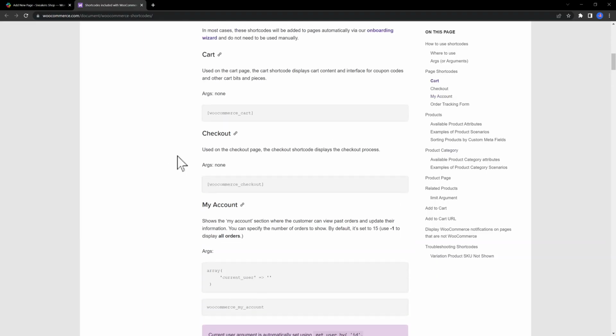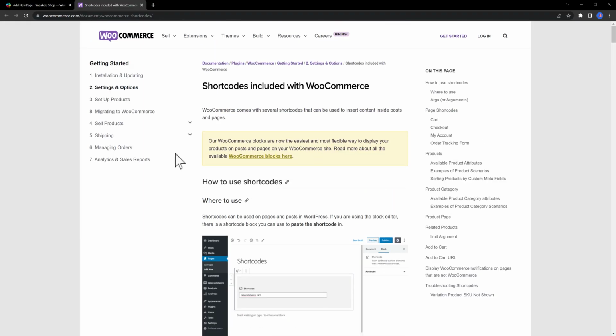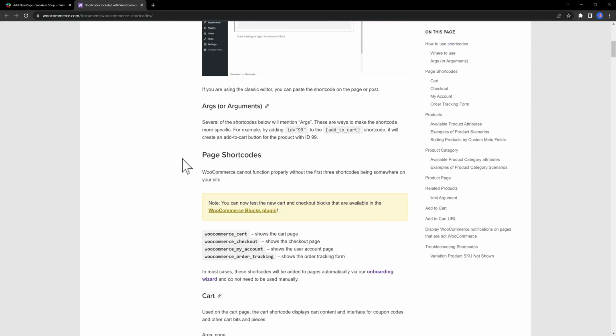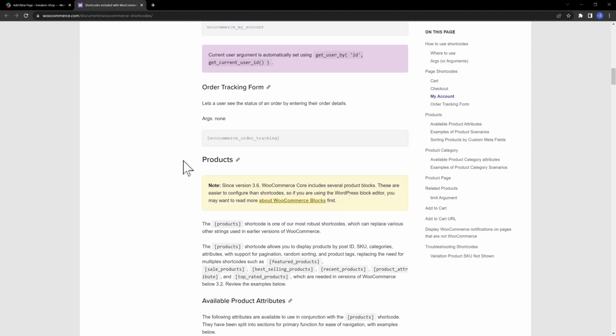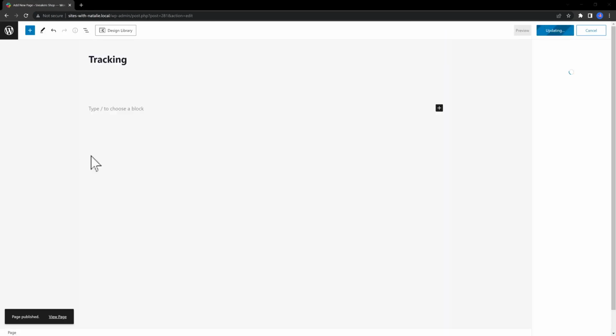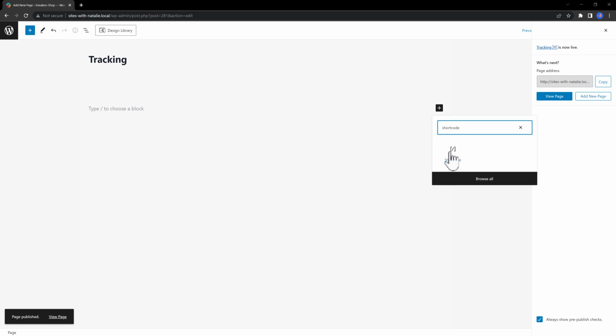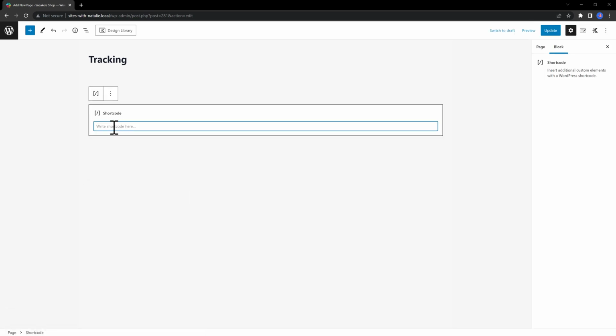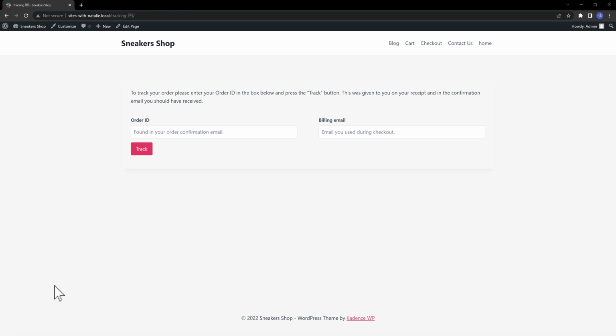This is the WooCommerce shortcodes available. The shortcodes included with WooCommerce. You simply copy this order tracking form shortcode and then paste it within a shortcode block. And then just paste inside there the code. Publish and you are done. This is so helpful for the shopper as it lets them see the status of an order ID by entering their